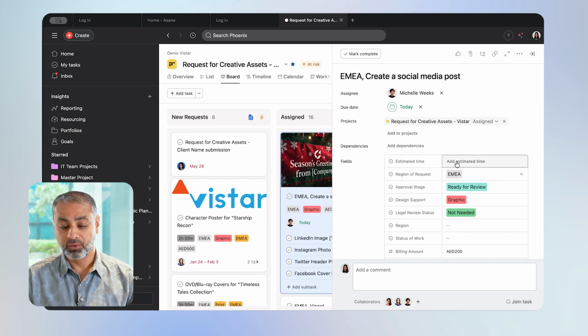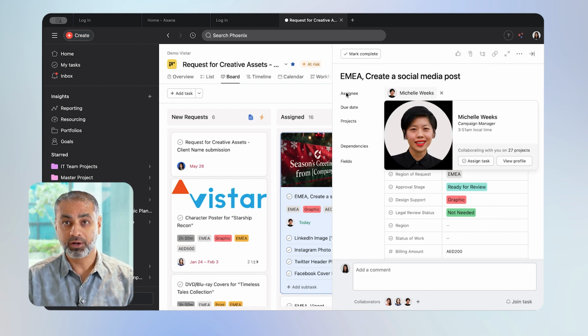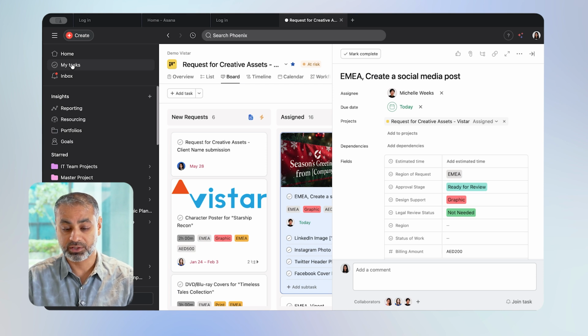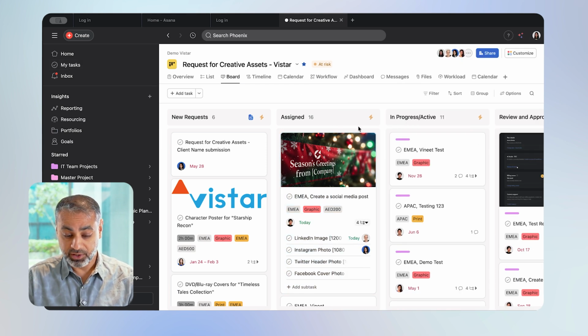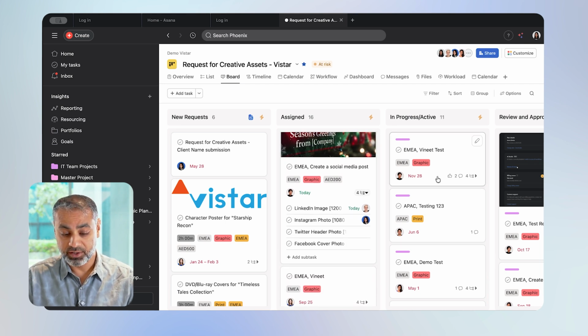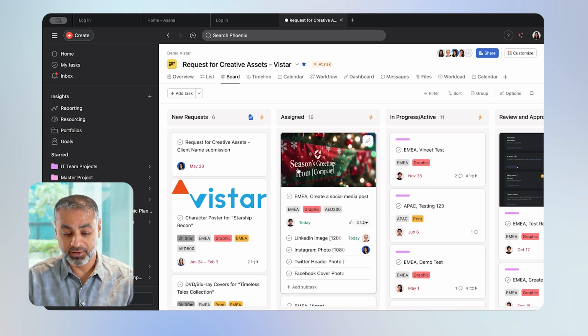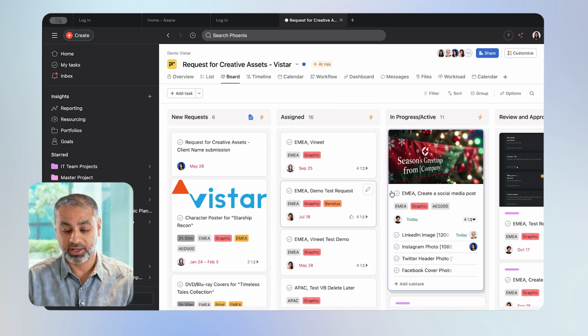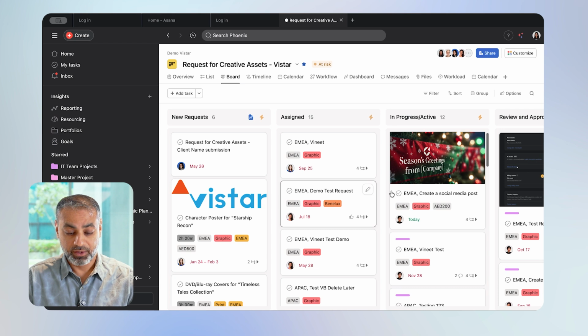So now Michelle will receive a notification that something's been assigned to her, and it'll pop up under her My Tasks window, so she knows she needs to get something done. So now when Michelle starts working, she looks at it, okay, but she's got other things going on, right? When she finally does start working on it, she can move it to the in progress state, just like that. And there you go. Now there's another